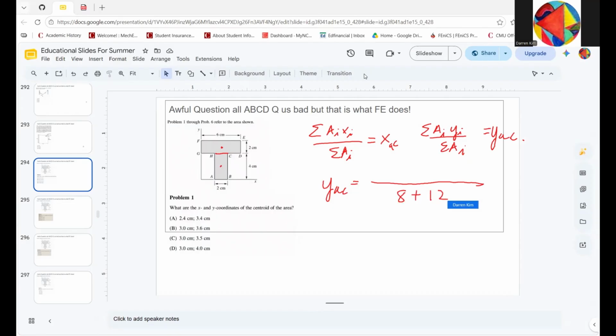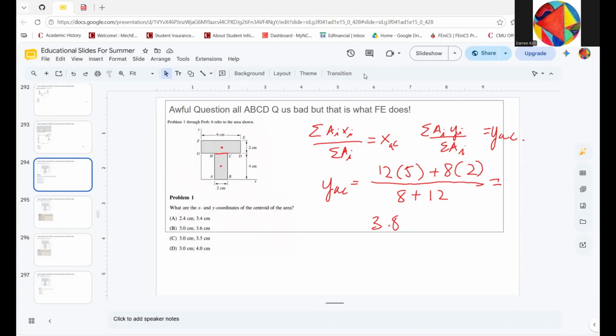So then we have 12 multiplied by, what is this? 5? Looks like it's 5. Plus 8, parentheses, just ignore it, 2 equals what? Let me get my calculator now, because I need my calculator to solve this. 12 multiplied by 5 plus 8 multiplied by 2 divided by 8 plus 12, which is about 3.8, which,